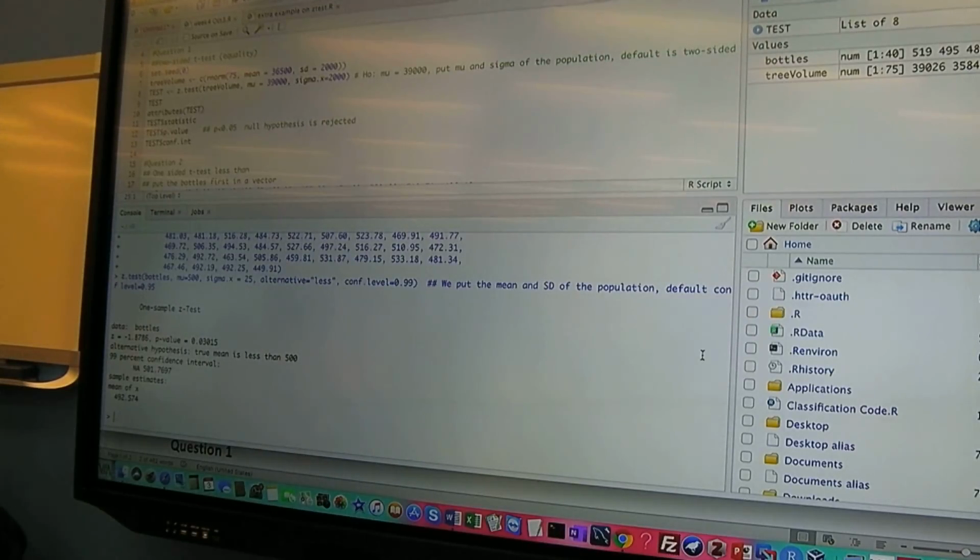So that makes you sure that it is a one tail, and you get the mean of the sample here. The mean of x is equal to 492.557. Now the most important number that I need to look at is what? In order to reject or not reject the null hypothesis, which number? No, I don't look at the mean in order to reject or not reject it. The p-value. I need to look at the p-value. The p-value is the thing that is going to tell me whether